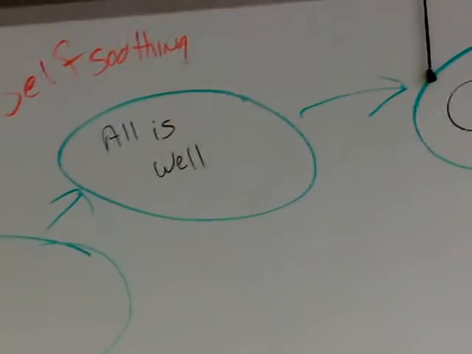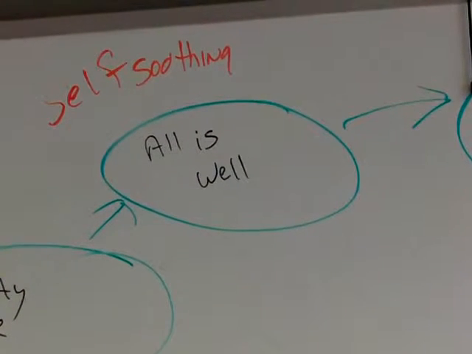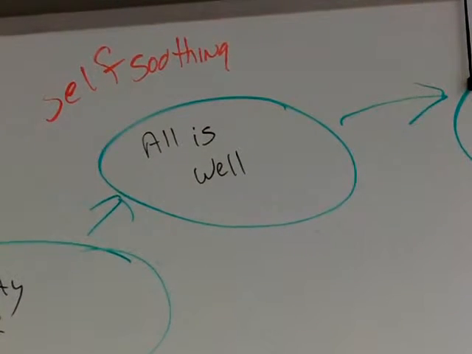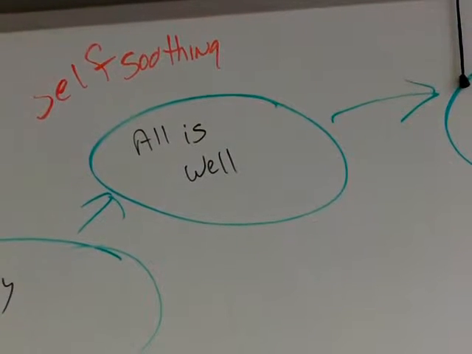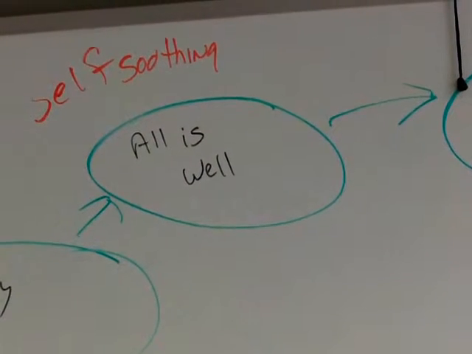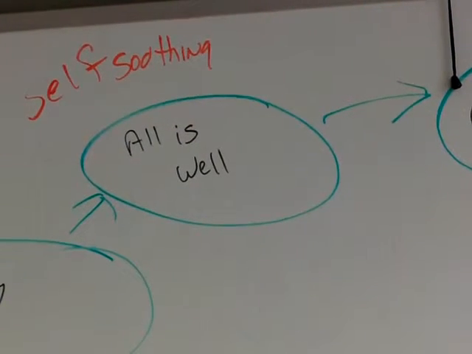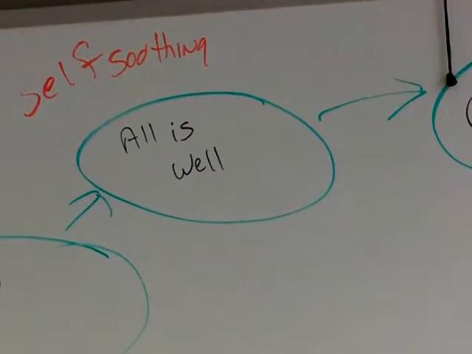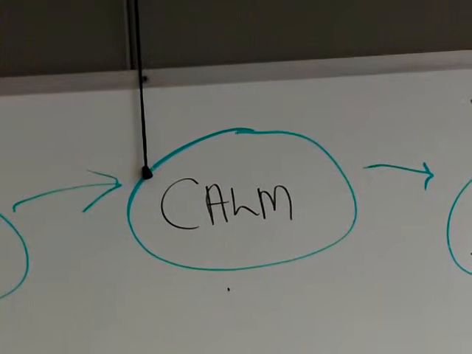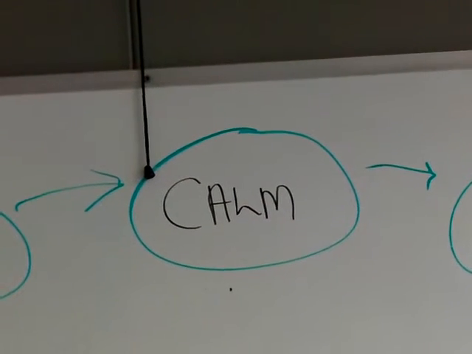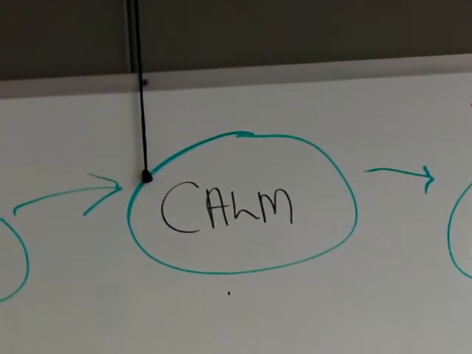So then the very last circle before our top one is, what is the self-soothing thought? What is the thought that you tell yourself to get yourself back to the final circle that we're going to talk about, which is your calm state. Okay, so in this case, it's real simple. The self-soothing thought was, all is well. Okay, real simple. And then that's what brings the client back to a calm state. And then the client is just waiting for another activating event to set the whole cycle off again.